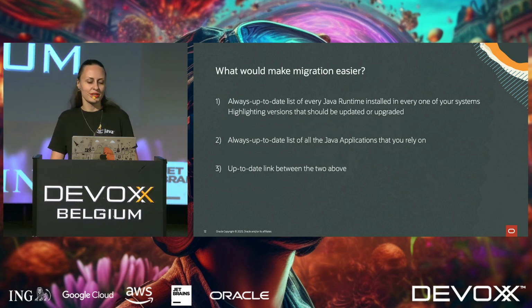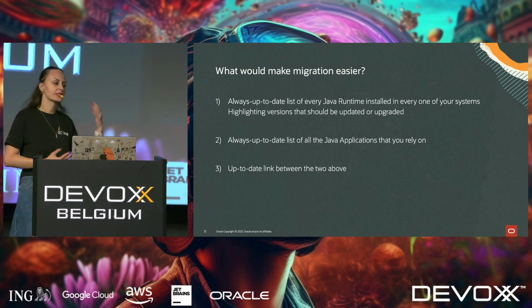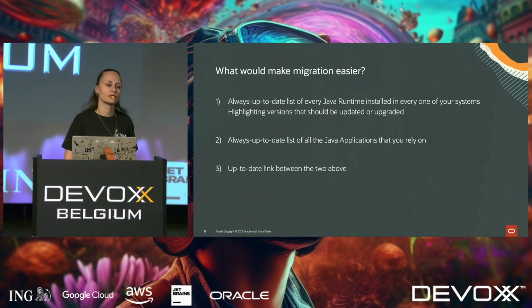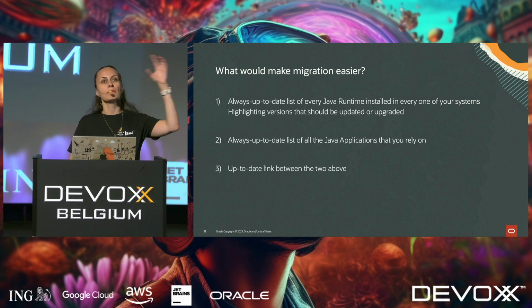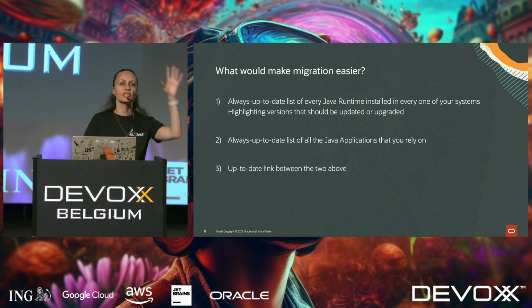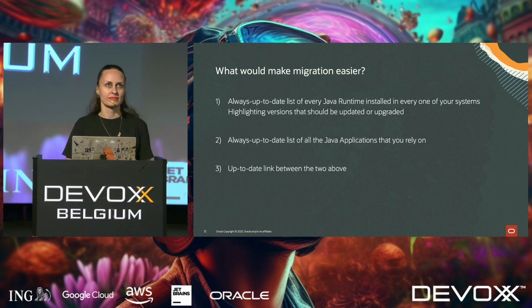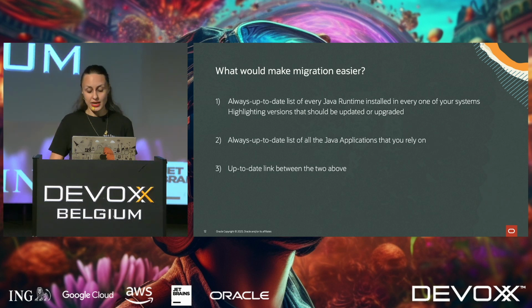So what would make migration easier? Migration is easier when you have a list of runtimes that you're running your systems on. You have a list of applications and a match between those, like you know which applications run on what. And also it would be great if you had, let's say, a path on how to do that. And usually